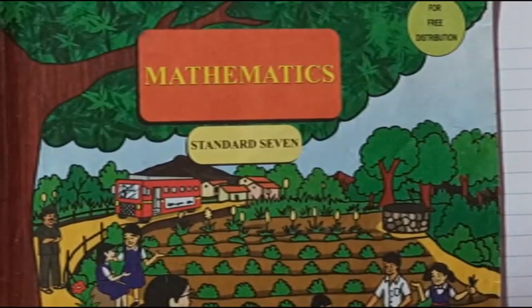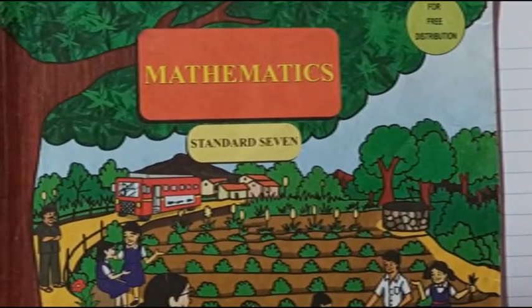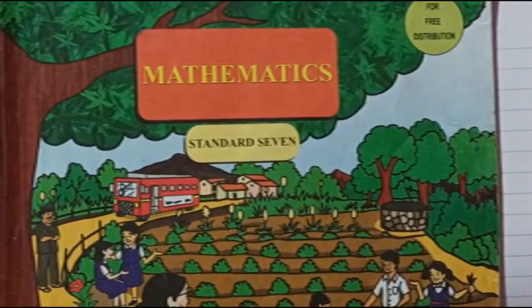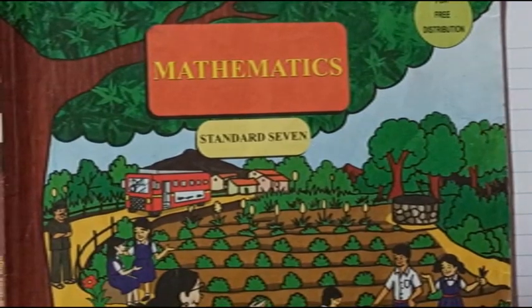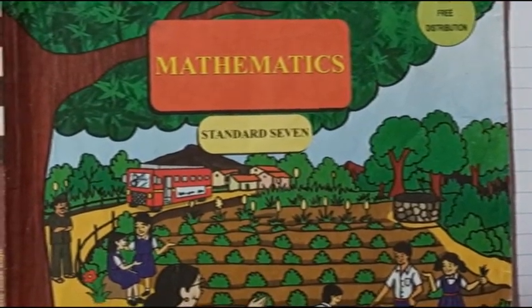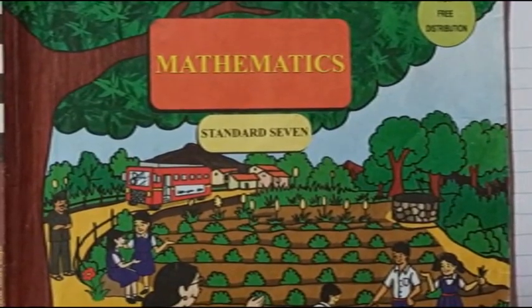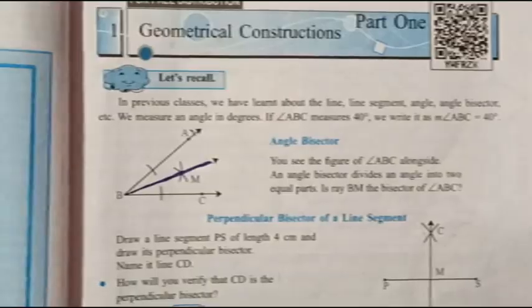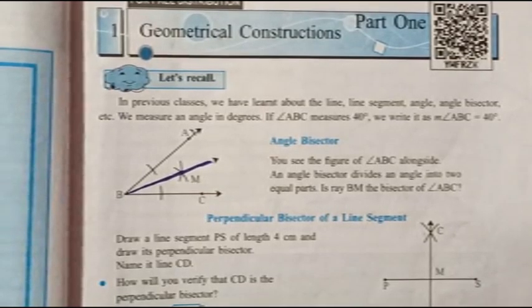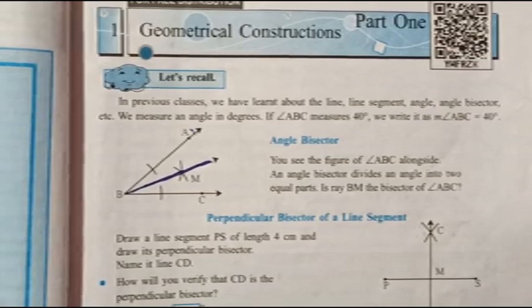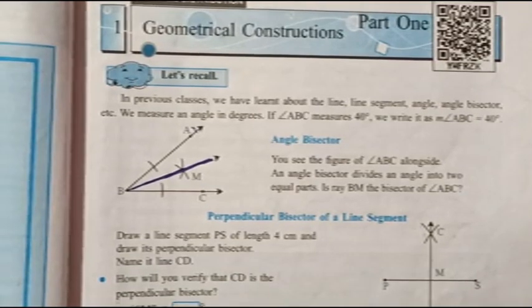Now students, this is the textbook which we are going to refer for the math subject, that is for standard 7. This is the textbook. Okay, so I hope that everybody is having the same textbook. Now students, in your textbook you will open page number 1 and the chapter number 1 is geometrical constructions. Okay, so I want that everybody should open this page and you will pay attention to whatever I'm explaining in today's lecture.